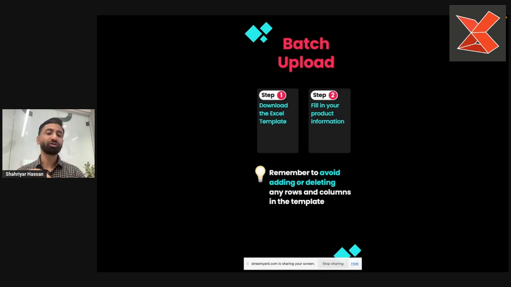A couple of things to remember is, number 1, make sure you avoid adding or deleting any rows and columns in the template. So the template is fixed. All you got to do is fill it in, and it's super straightforward. Number 2,